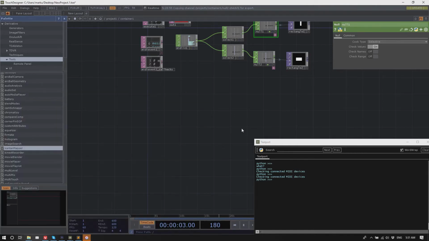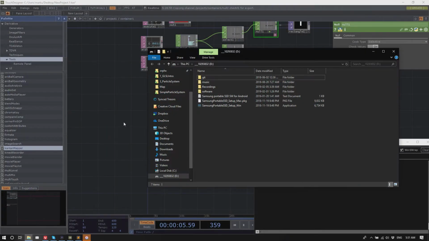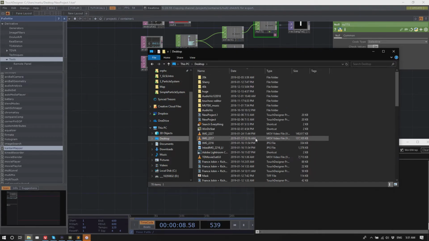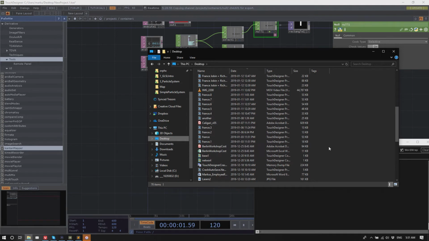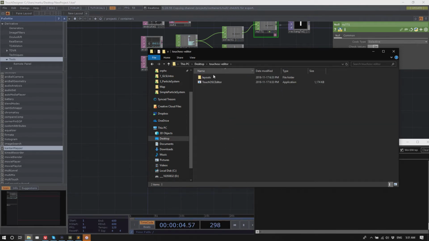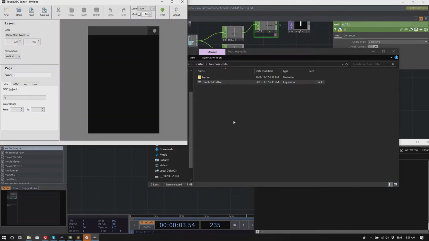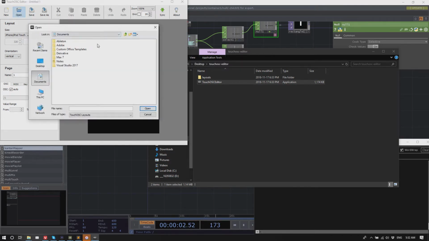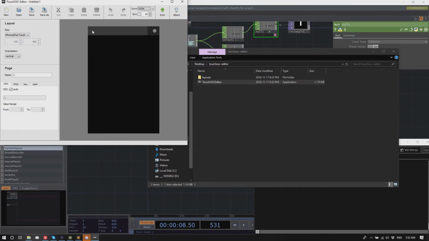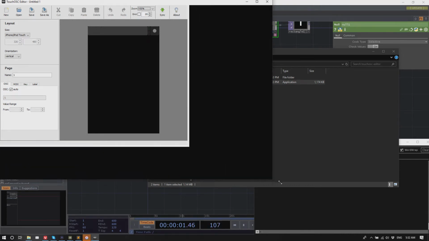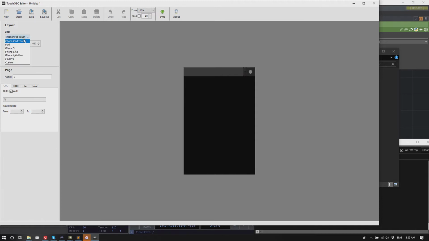There's an app somewhere. Where do I have it? Right here. There's an editor that you can download from the website. So you just pay for the iPad or for the device app, and then these are all free. And it's a default editor where you can build it, or you create your app in Unity or something like this.